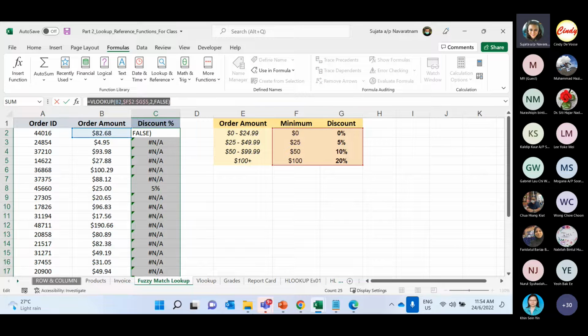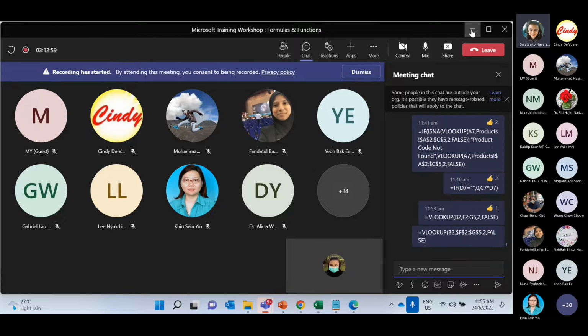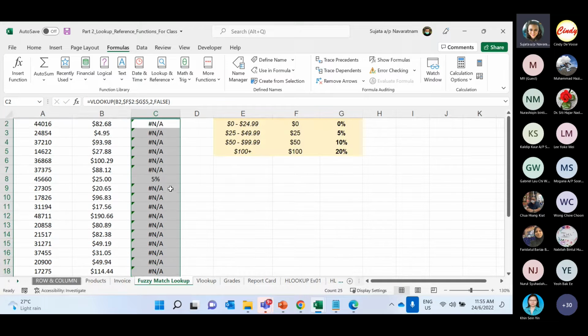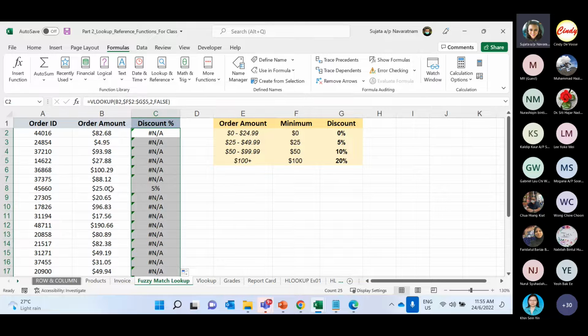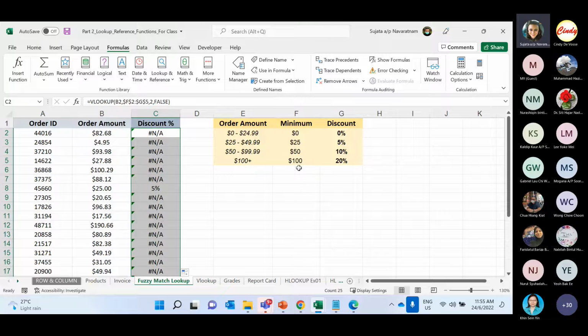Okay, so now you see not everything is NA. This is the correct one, with the absolute referencing. Now you see that some of it have values in it. Why do those have values? If you look at row 8, the order amount is 25. 25 is able to give an exact match because you have 25 in the minimum column. So it's able to find that value. If you look at row 19, you have 20%. The order amount is 100 because 100 is in our table. So those don't give us an error because it's able to find the exact value in our